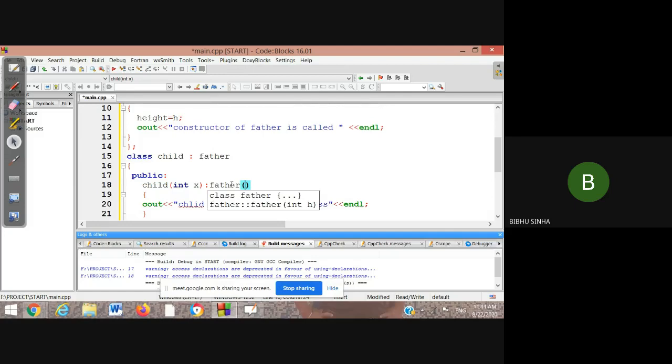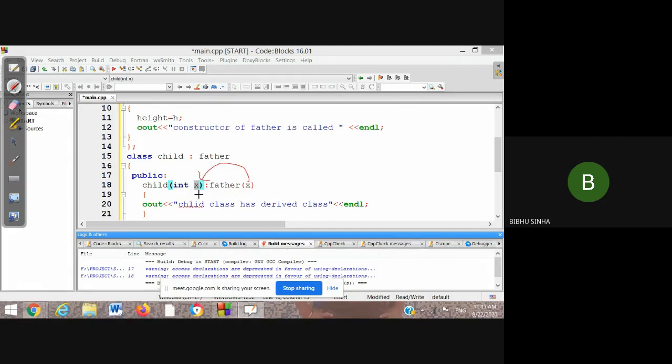Now we have to pass x, right? x is passed here, and the same reference we have to pass here. So the father class constructor values are going to be passed into your derived class. Whatever values this base class constructor has, we are going to pass into the derived class constructor. That's it, that is our purpose. So this is our major code, and we have to understand it. Getting the point?